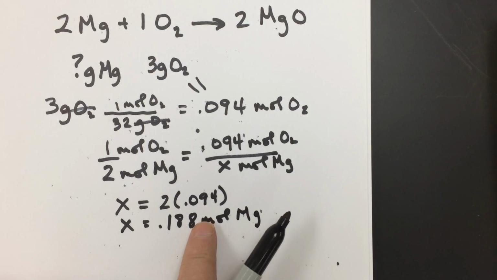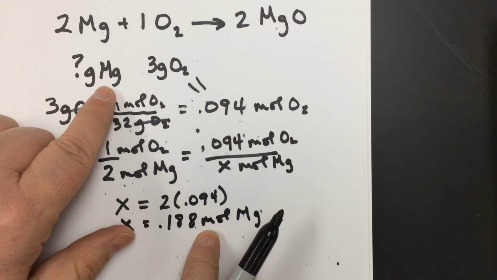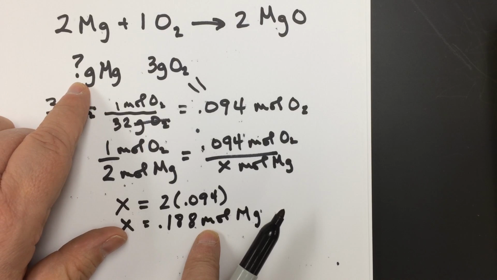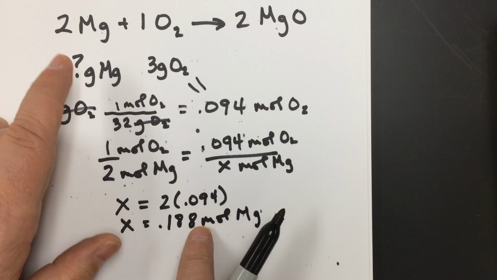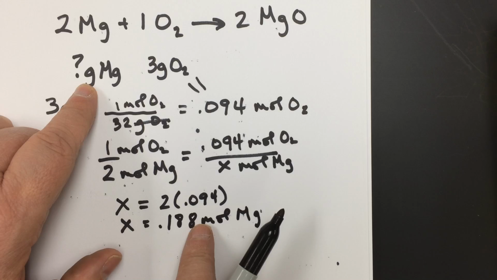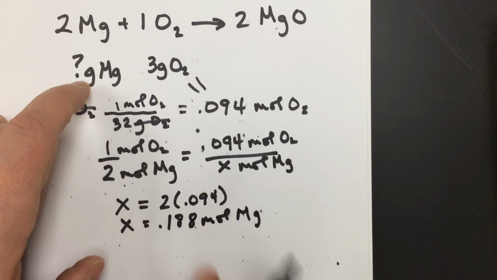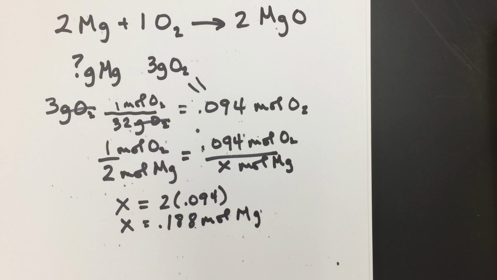Okay, now I'm not quite done. I have moles of magnesium, okay, but I don't know what the grams of magnesium is. So I need to go back to the periodic table, and see. Let me look. Okay, I just took a field trip to the periodic table, and I found out that,